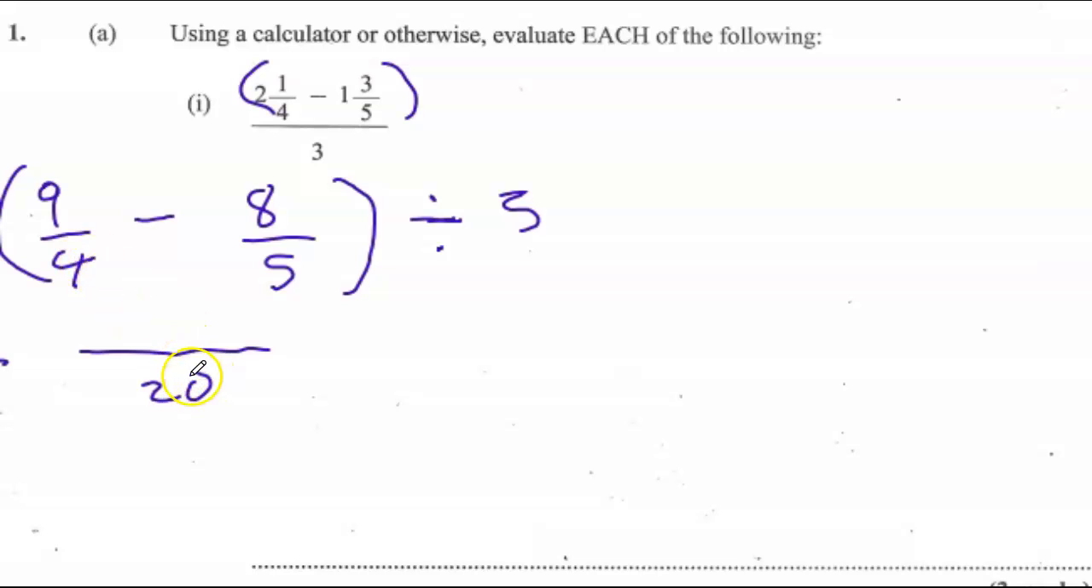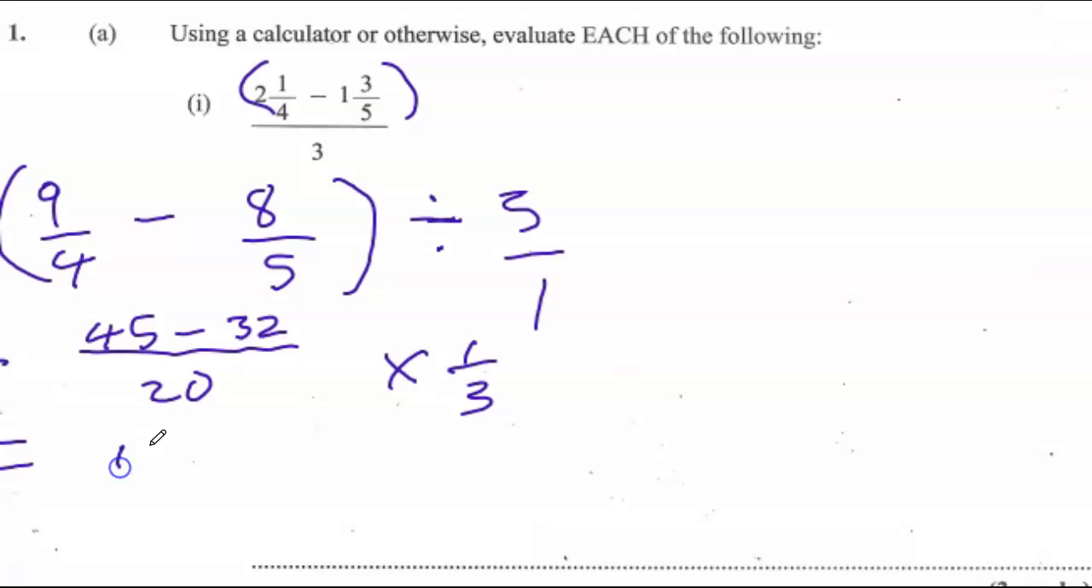4 into 20, 5 nines, that's what, 5 nines, 45. 5 into 20, that's 4. 4 times 8, that's 32. And that would divide 3/1, so it's times 1/3, right? So we end up with 45 minus 32, that's what, 13. So we're 13/20